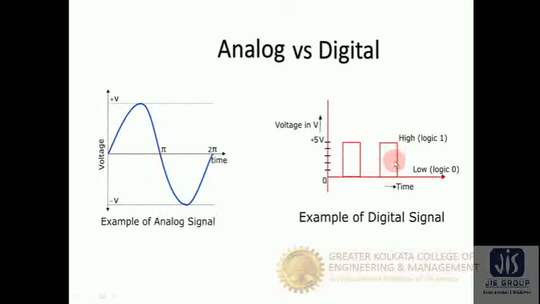So both are periodic in nature, but the one on the left side is an analog signal and the other is a digital signal. A digital signal can also be classified as high or low. It has either a high value or a low value, and in this way we can classify signals into two categories. Either it is a continuous analog signal or a discrete digital signal. Analog is continuous in the amplitude domain, while digital is discrete in the amplitude domain. We are moving forward